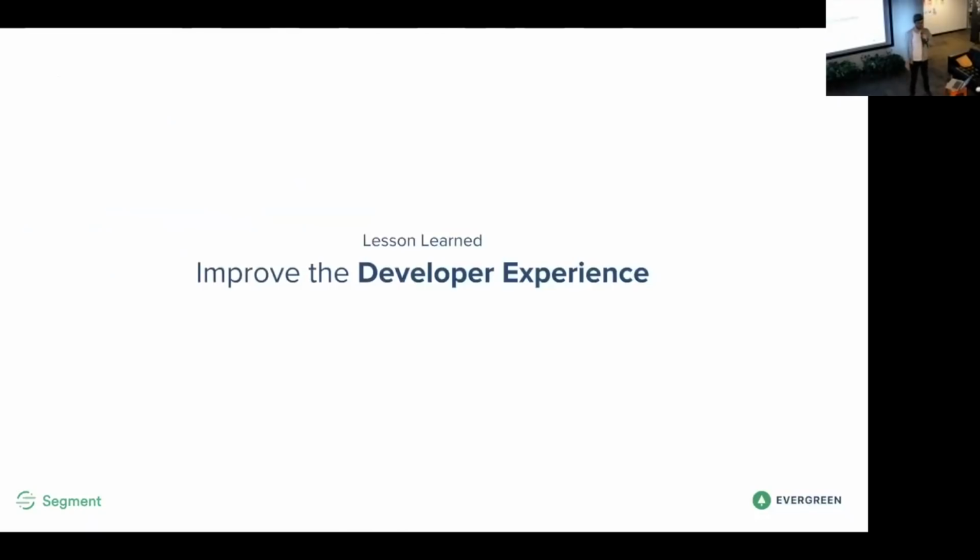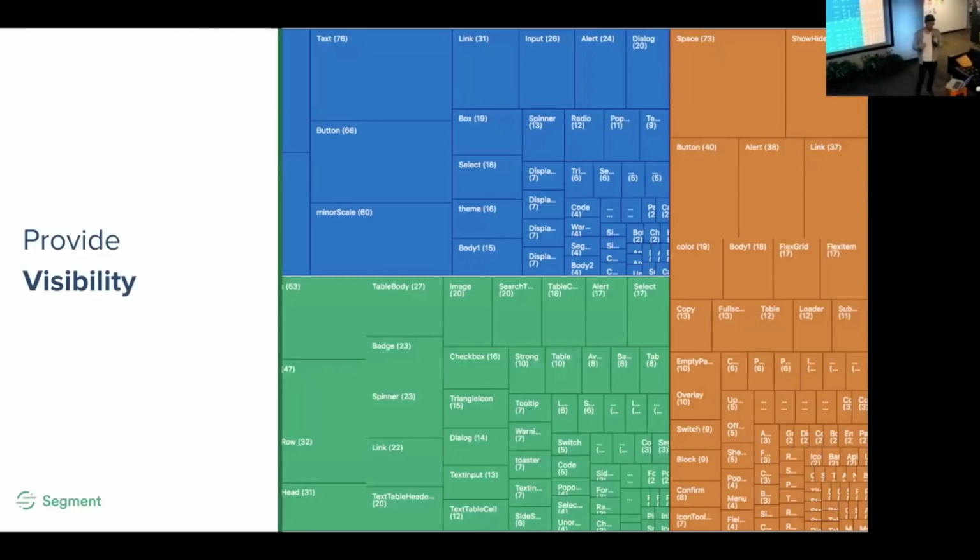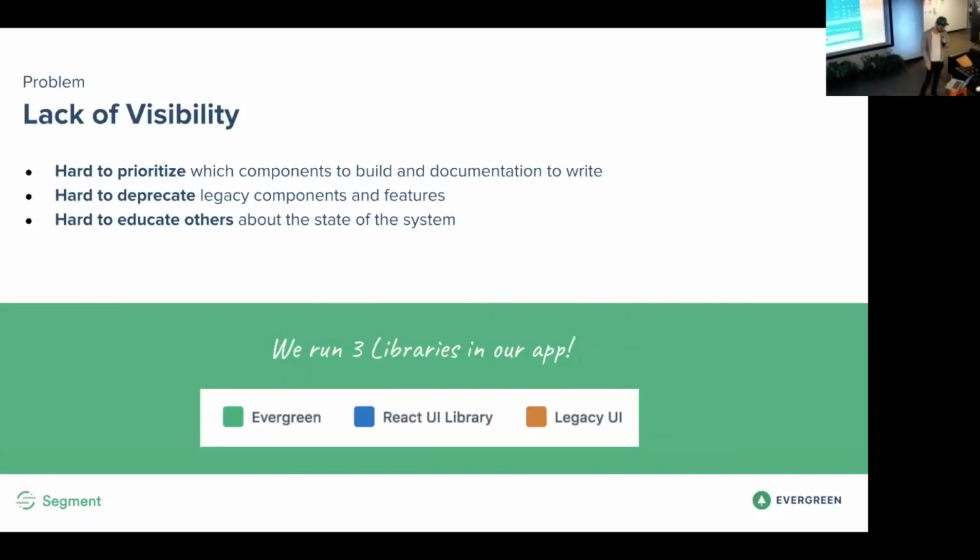But that's not the end, because our engineers were using it, but most of the people in our organization were not aware of the technology. We're not aware what design systems are. So we wanted to evangelize that. And we wanted to provide visibility. And one way, which I think is quite unique, I want to share with you. So one of the problems is that if there's a lack of visibility in your system, it's sometimes hard to prioritize fixing that system, essentially, and trying to figure out which new components do I make or what